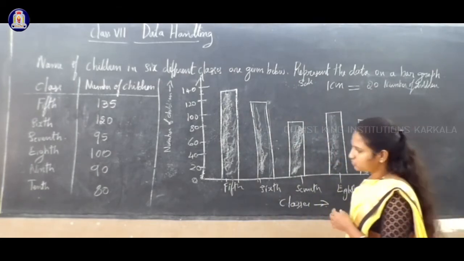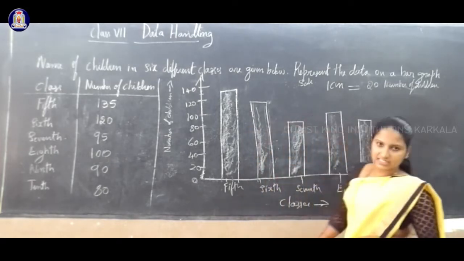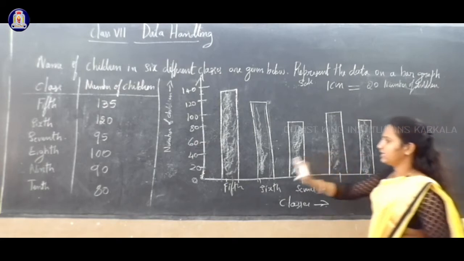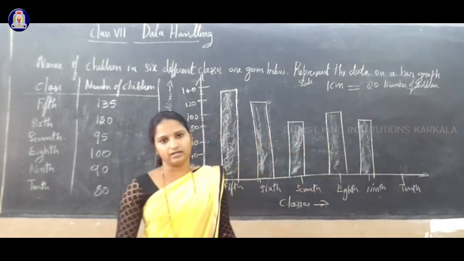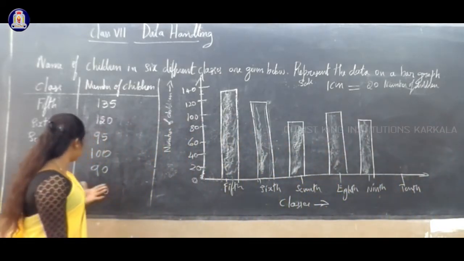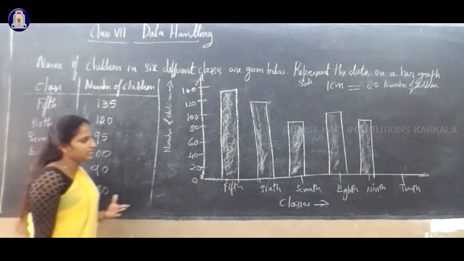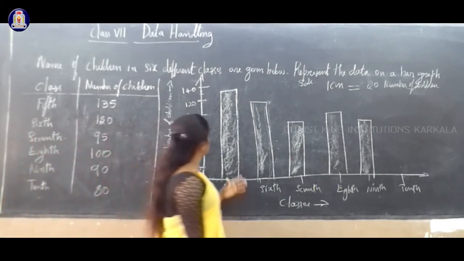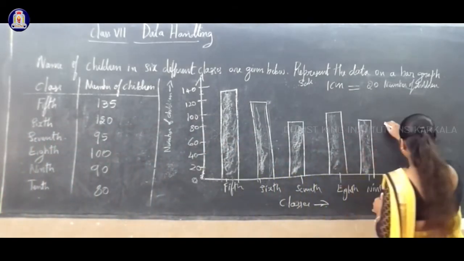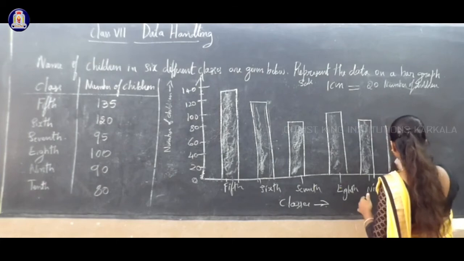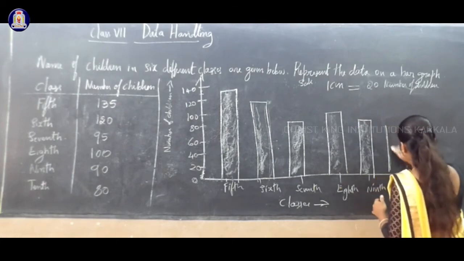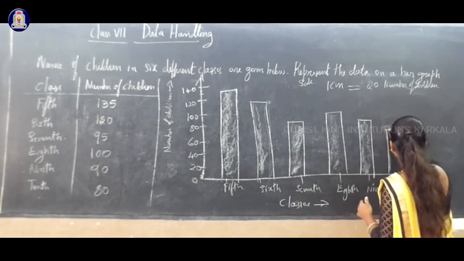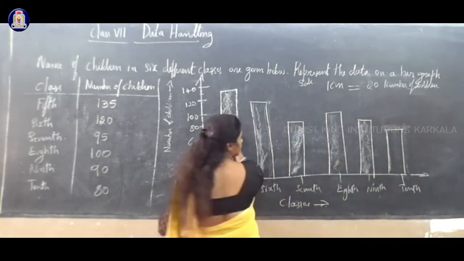Then one more, the last one is 10th. In class 10 there are 80 students. This is just what you have to represent in a bar graph. The given data you must represent in the bar graph. Okay. So now the last, that is 10th. In class 10 there are 80 students, 80 children. Okay. So 80 is here. So mark like this. The width of each bar should be equal. Clear? So now this is 80.